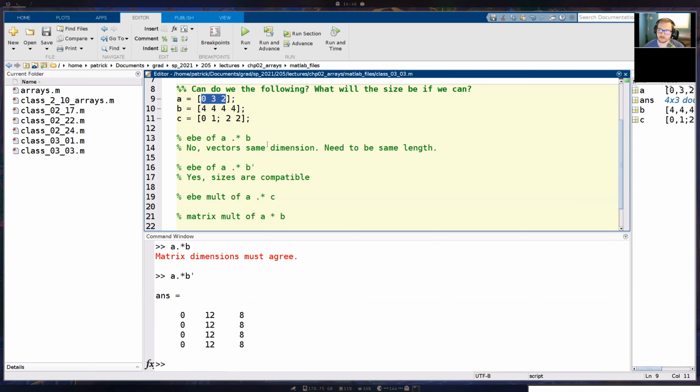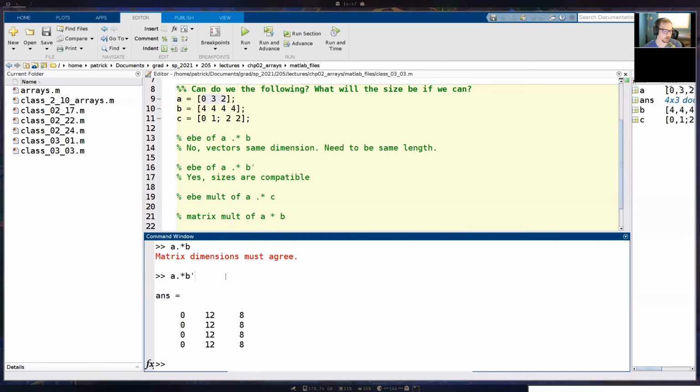I want to make sure you all get this. Does it make sense so far? Okay, there's a question about the inner numbers. That's not what we're actually looking at quite yet. We look at the inner numbers when we do matrix multiplication, not element by element multiplication. Okay, can I explain it one more time?